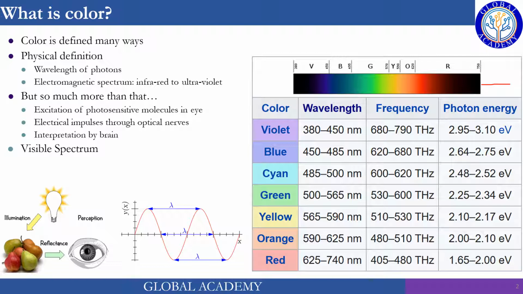Its different shades, I mean violet and its shades, have 380 to 450 nanometer wavelength, and similarly blue, cyan, green, yellow, orange and red. So the basic phenomenon is that light first illuminates the objects and is then reflected to the human eye, which then perceives it as some object based on its color and shape.